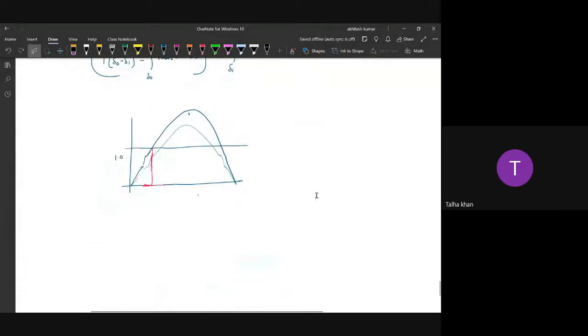Yes, sir. Okay, we have already here this. So this is the point where the fault occurred. Let it be delta zero. After three cycles, the fault gets cleared. Let delta one be where the fault gets cleared.